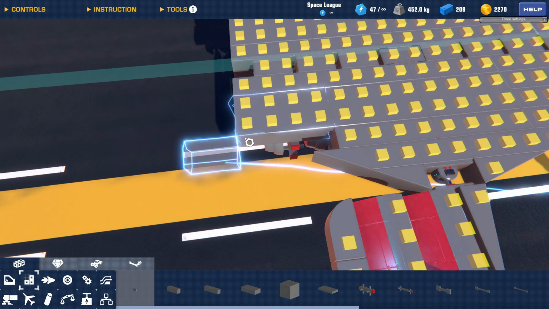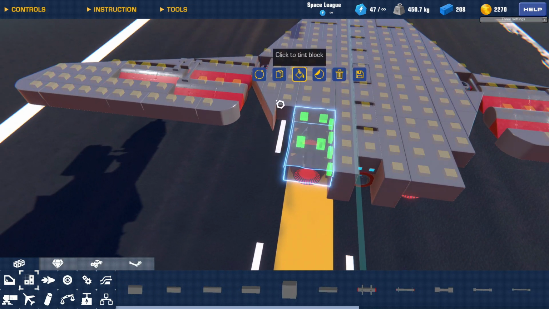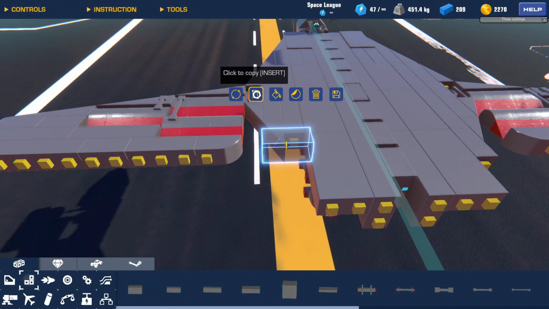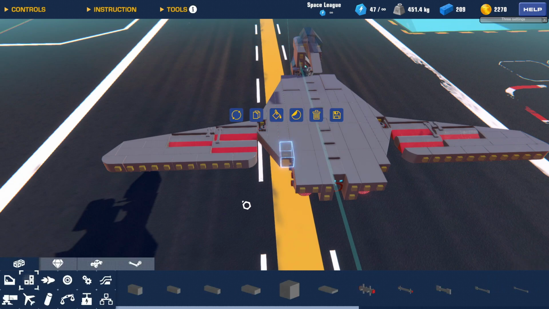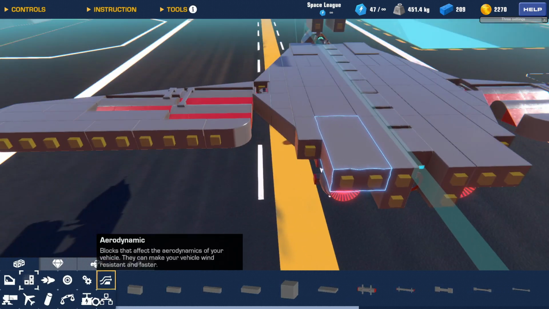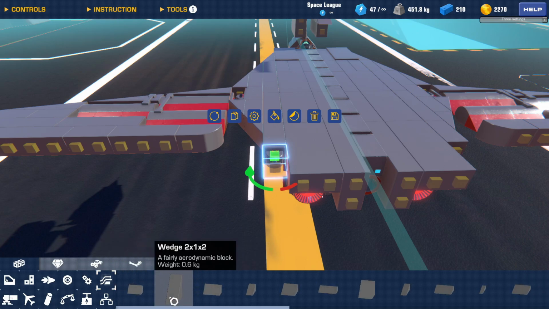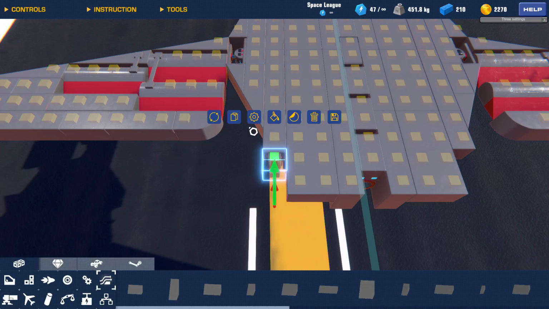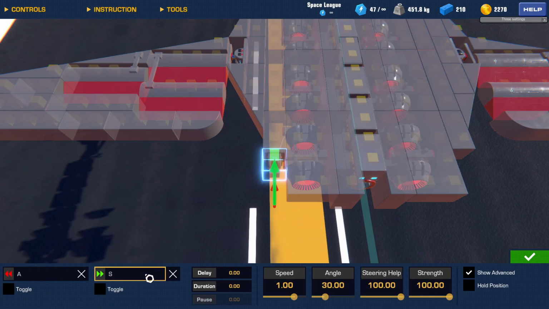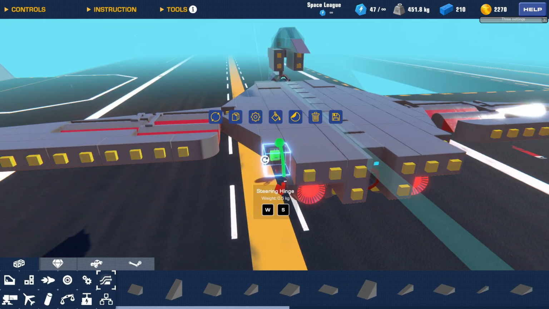So let's start with this. If we want to fit, so I put the angle to 45 degrees, and the only block that is 45 degrees is the 2x1 2x2 wedge. So that's the one we're going to use. But first, we're going to configure this. This is going to be S and this is going to be W for regular